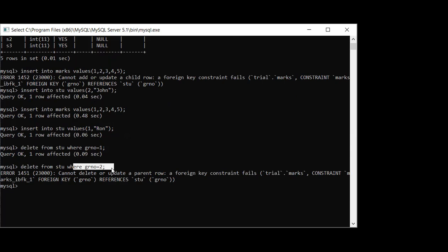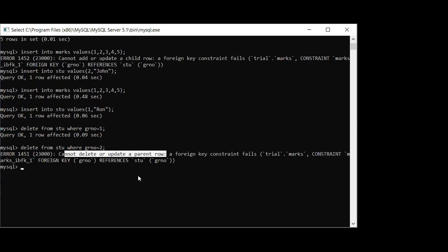So this is the benefit of giving references. Now by mistake also I cannot delete this value from the primary table. And every time you will see the reason is because of the foreign key. You cannot delete or update the parent row. You cannot update either. It means if this 2, yesterday also we were discussing the same thing, if I wanted to change this 2, I cannot change it. Suppose I wanted to make this 2 as 3.